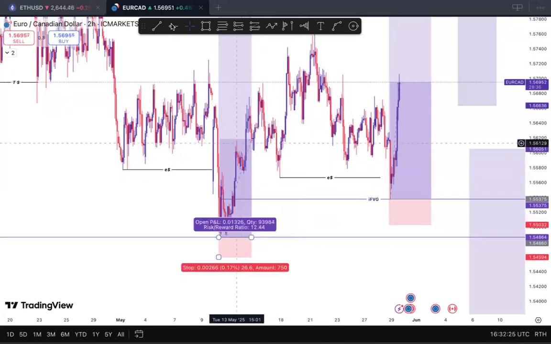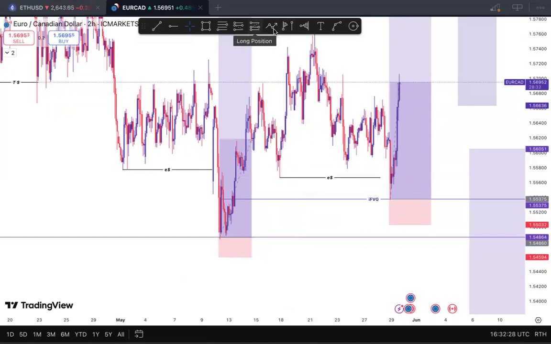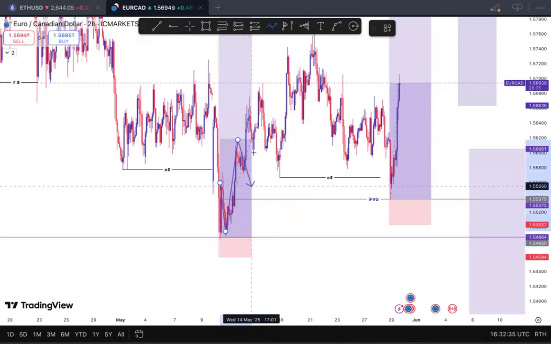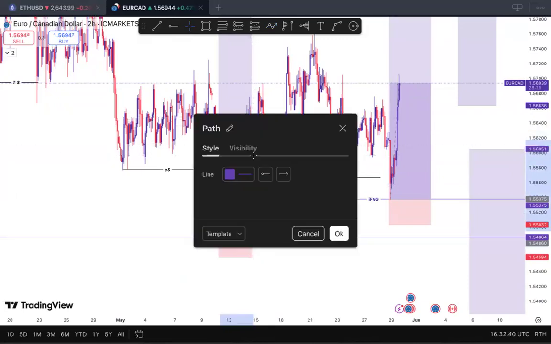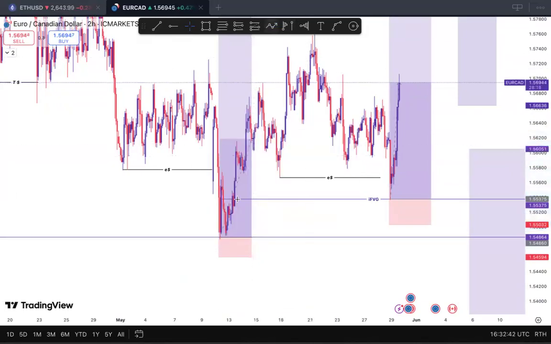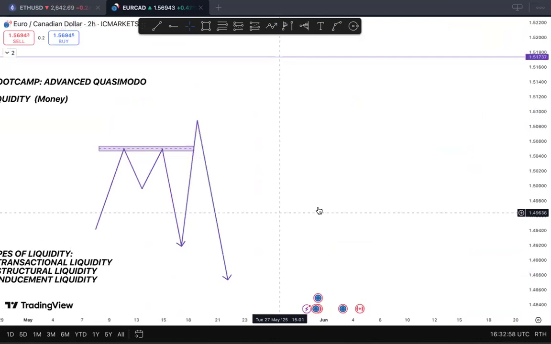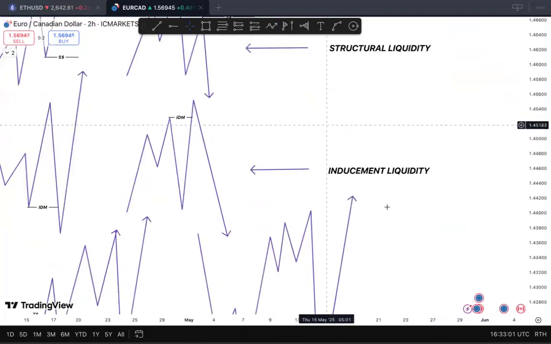Because why? We didn't have structural liquidity, okay? We were expecting price to give us a structural liquidity. That would be obvious, okay? But it wasn't obvious. So you can see what price did. This is what price did. And we can't use this as a valid liquidity point, okay? Because it's not valid. So we can't use that, okay? So this is a live example, all right? So let's continue.